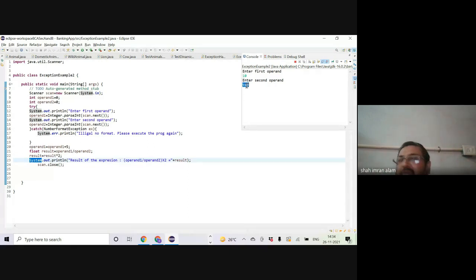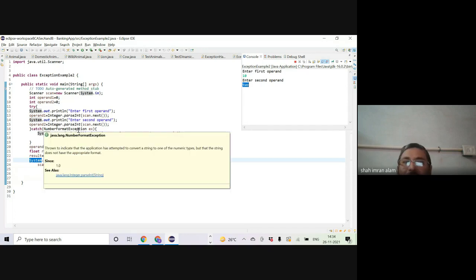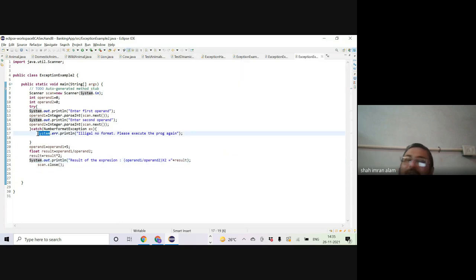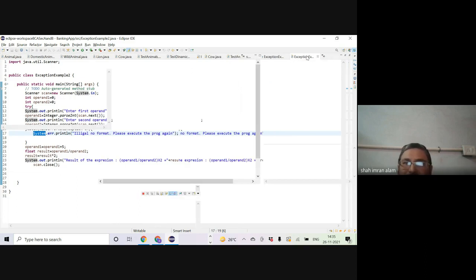But what about this 2? This 2 is not exactly the integer 2, right? So that's a wrong format. Now we can expect a NumberFormatException to come, right? And if this exception comes, then line number 17 should execute. Okay? So let's see.